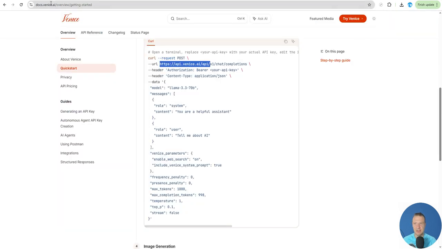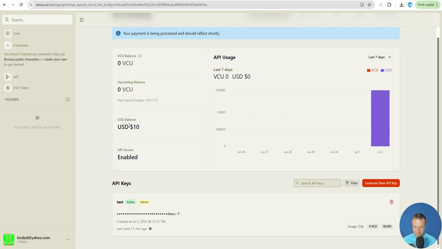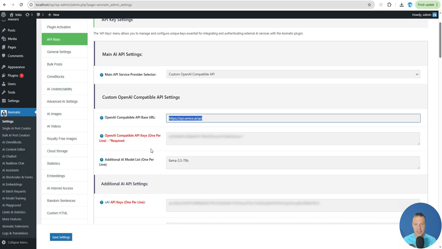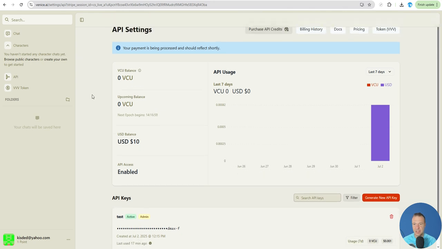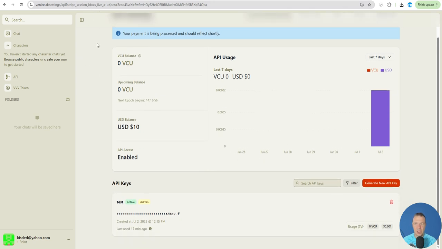You can get it also in their getting started guide, as this will be the base API for their services. And afterwards you will need to enter your API key here. You can get your API key by going to venice.ai settings/API, and here you will need also to add